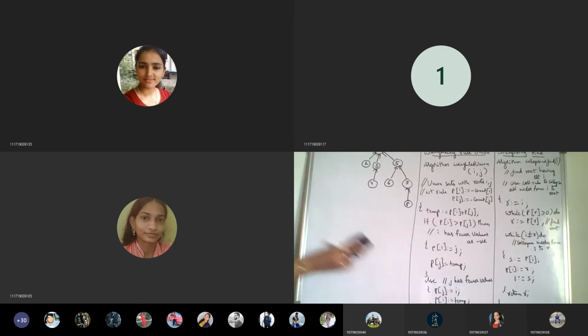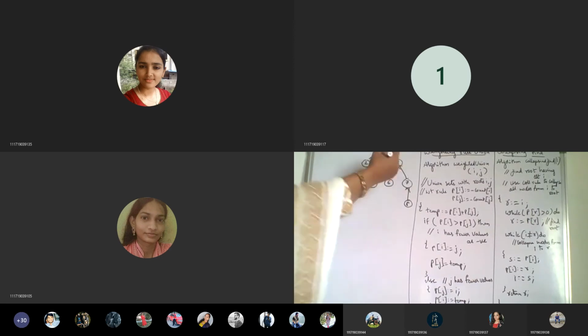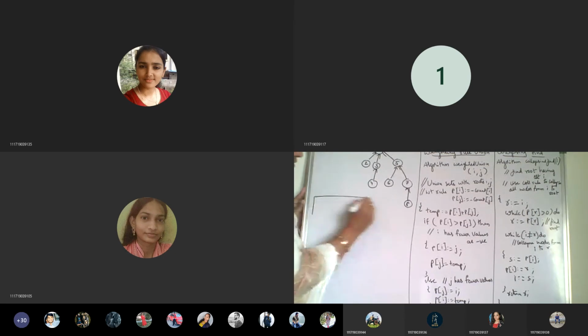Okay, so till here I think it is clear to all of you. The concept I am trying to teach you till here was clear, and we are writing minus 8 here. When we are representing this in array representation, how did we used to do it, if you remember? The array representation is going to have two values. One is I, that is the node, and P is the pointer, which is nothing but the parent.